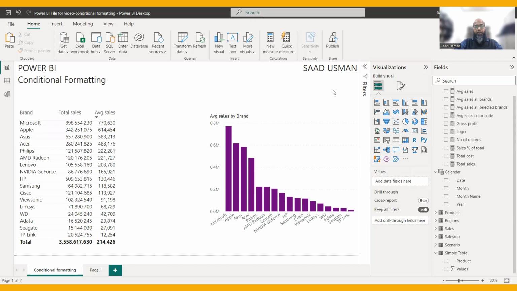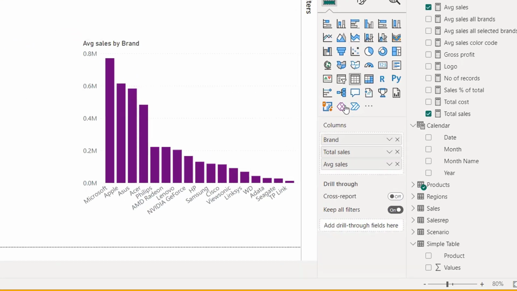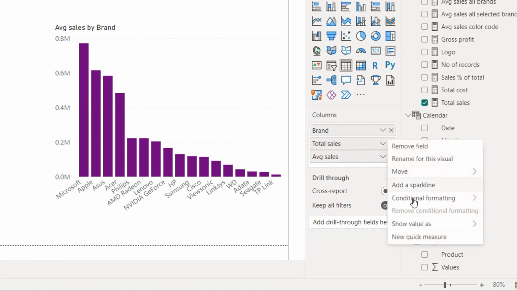In this example, we have some information regarding sales by product, brands, and average sales of these brands. We also have a clustered column chart here, and it shows average sales by brand as well. So we need to apply conditional formatting to this table visual first, and then we are going to apply the same on this chart. So let's see how we do that on the total sales column. I want to highlight the sales column based on the values. So on this fields pane, I will click on this arrow on the total sales